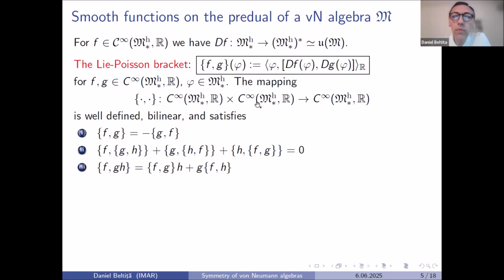A bilinear map on a commutative algebra that satisfies these three axioms is called the Poisson structure on that algebra. For instance, if we have a smooth manifold with the Poisson bracket on the space of functions on that manifold, we call that manifold a Poisson manifold. For this reason, we can say that the Hermitian part of the predual has a structure of Poisson manifold, but of course Banach manifold.